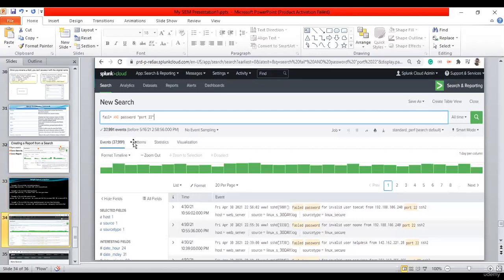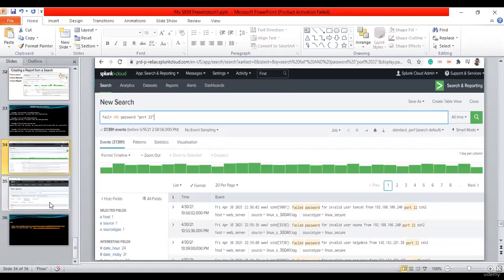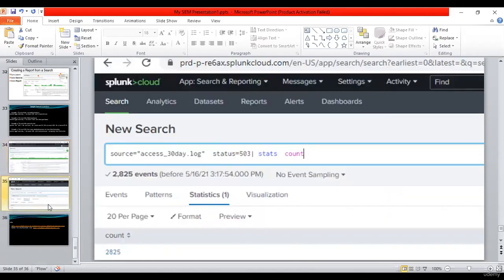So for example, here, this is an example that I'm trying to do. What I'm trying to do here is to search for all failed password attempts via port 442, or SSH failed password attempts. As you can see, this is a way to search for information. And we are going to see that very soon. Okay, so let me go to my browser so that I'll